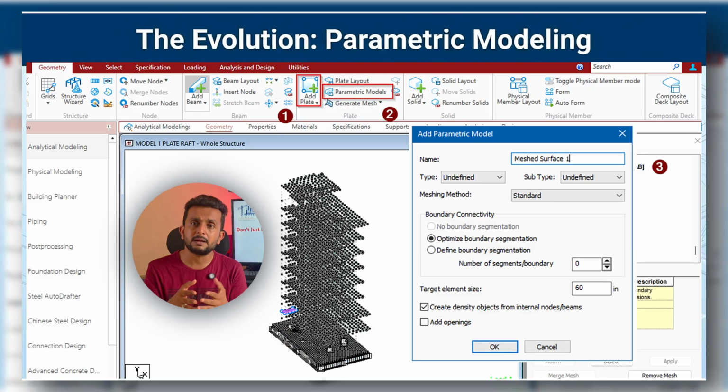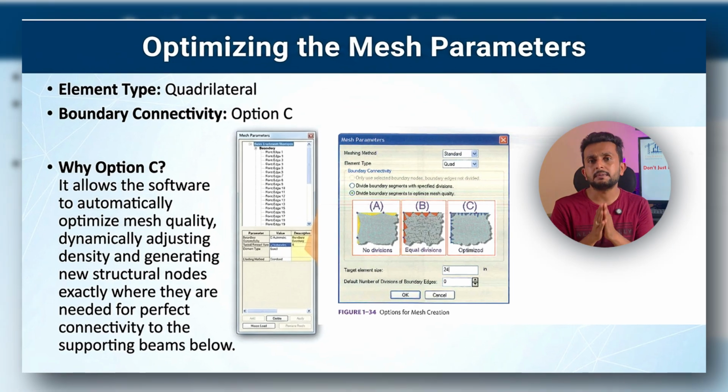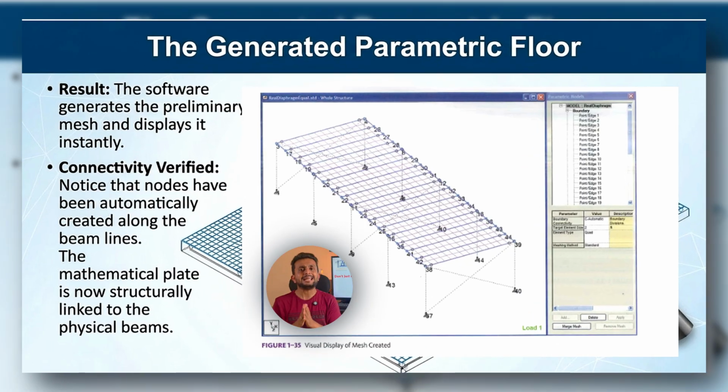So in the mesh parameter window, choose the standard meshing method with quadrilateral elements. For the boundary connectivity option, you can choose option C, letting STAAD optimize mesh quality automatically, and this is the typical practical choice most commonly used by structural engineers. From that, STAAD generates the primary mesh and displays it immediately, and nodes are automatically created for connectivity to